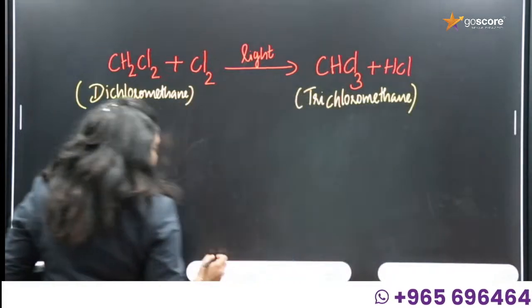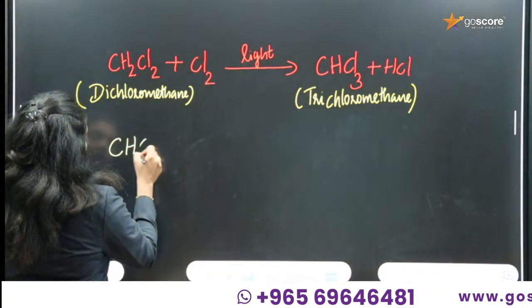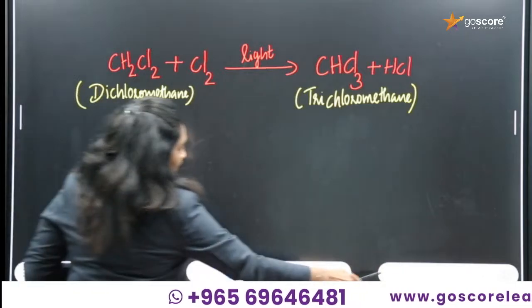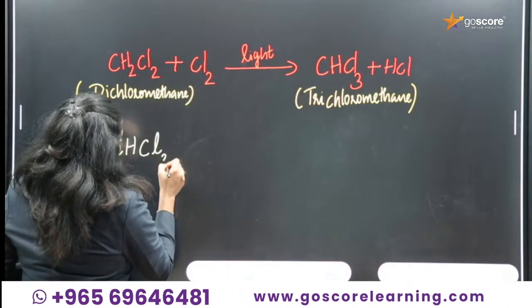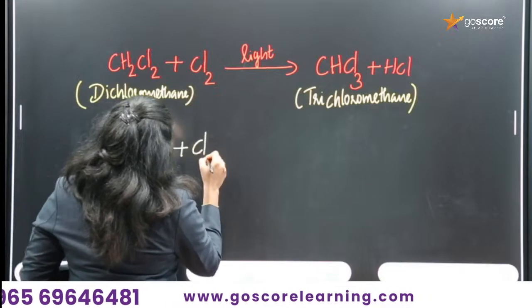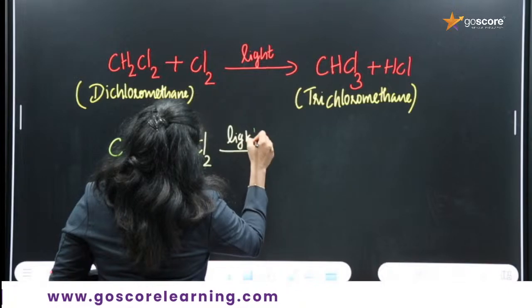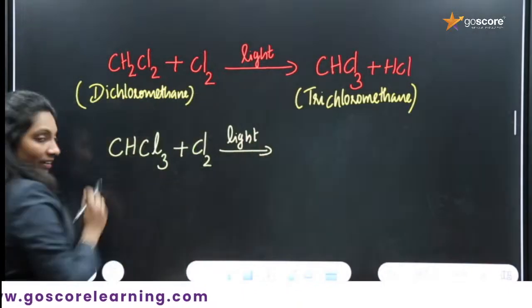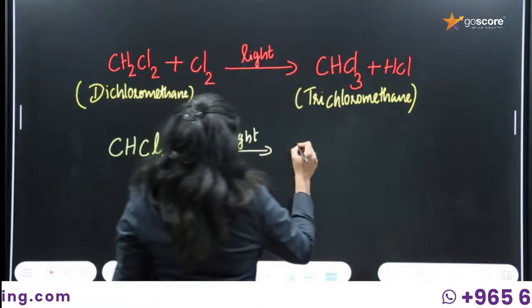And lastly, when you treat the CHCl3, you are passing chlorine gas in presence of light. We have one more hydrogen, right? That is also replaced by chlorine, and you will get